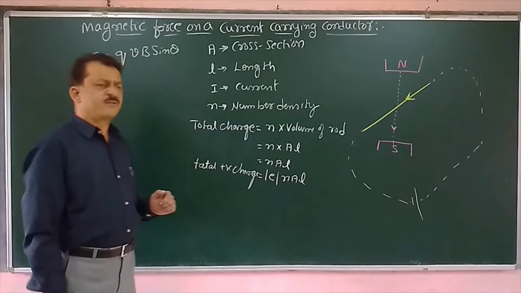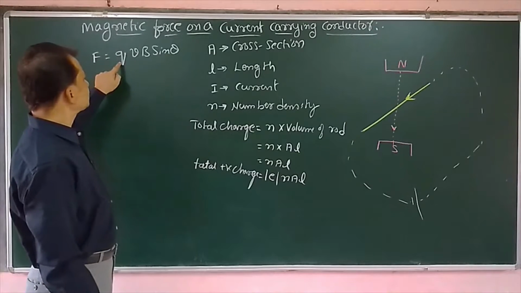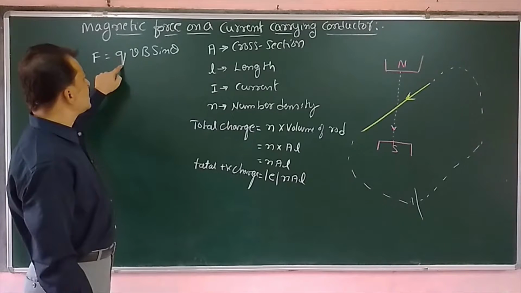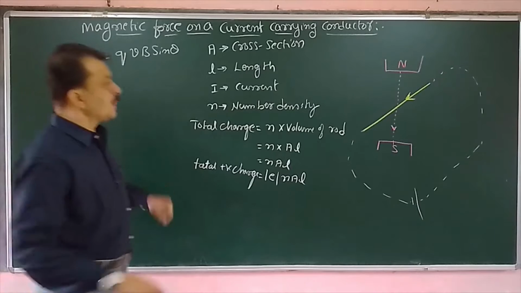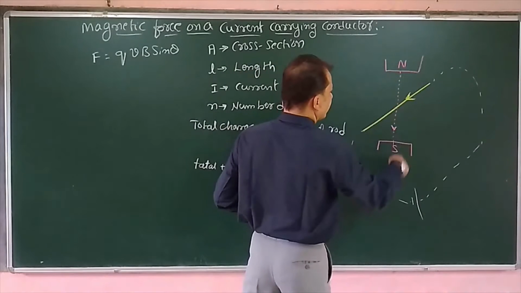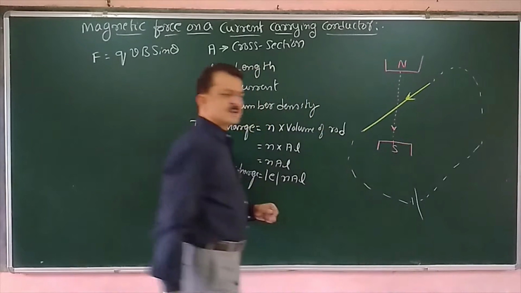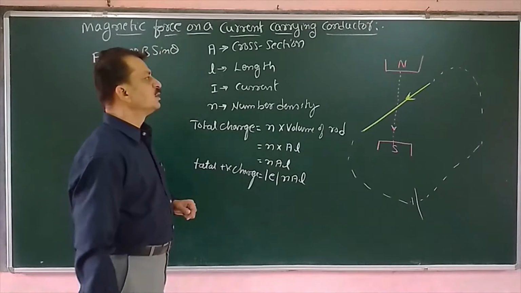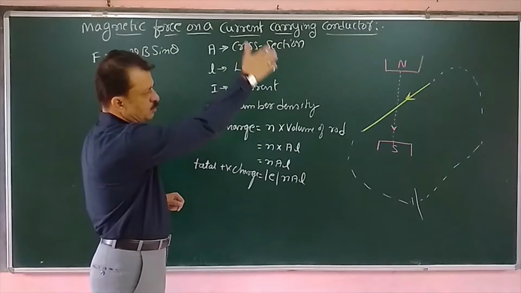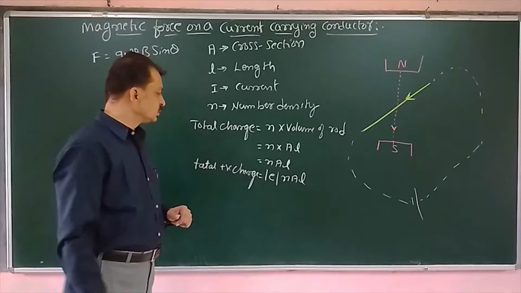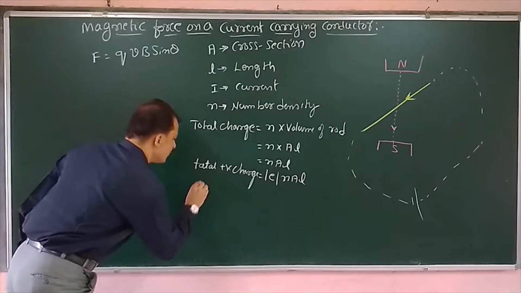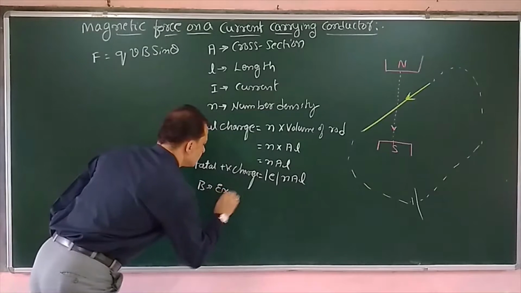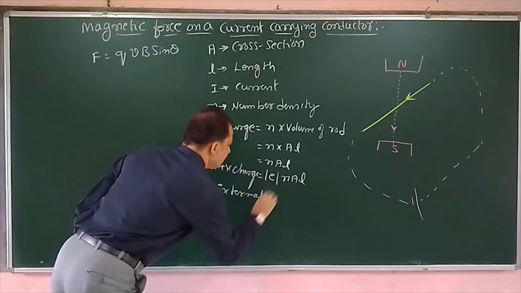Now we are already familiar from the previous class that a single charge experiences a magnetic force. Now I am applying the magnetic field by placing a horseshoe magnet. The magnetic field direction is from top to bottom. Now, in the presence of the external field B...